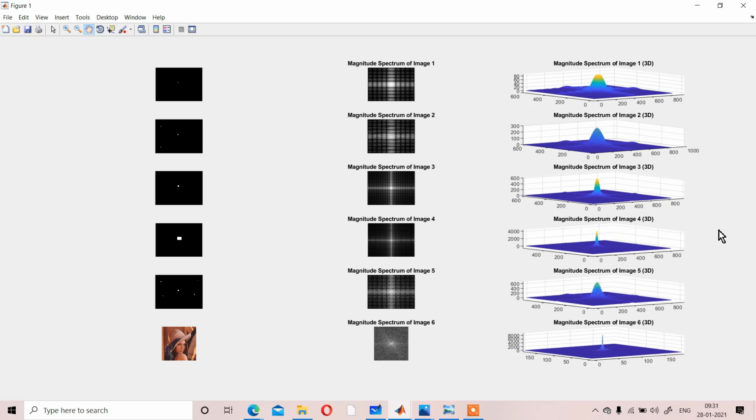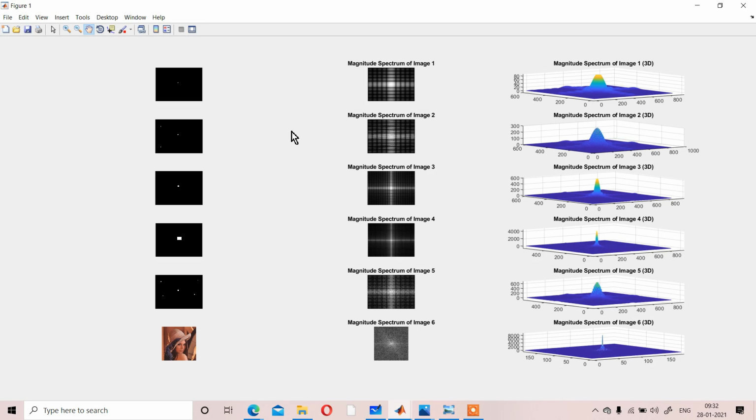Is there any other question from anyone? Okay. So from that image what we can see is that if we want to remove the high frequency ranges, you have to design the low pass filter, and vice versa. Means if we want to remove the low frequency ranges, you have to design the high pass filter.